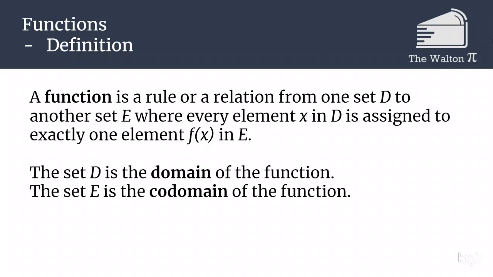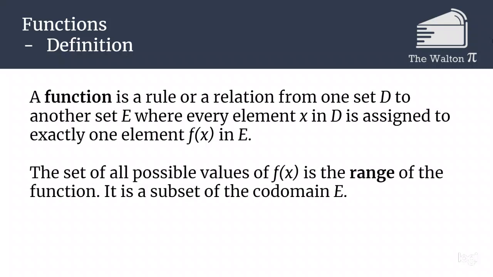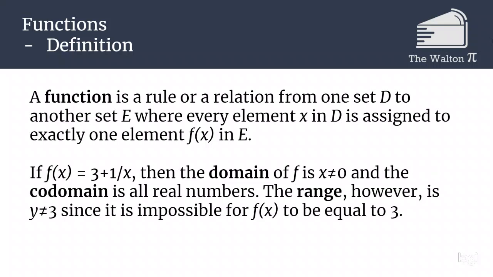So the set D is going to be called the domain, and E is the codomain. Now, you might be thinking the codomain is the set of outputs. That's actually the range. The range is a subset of the codomain, but is the set of all possible values that we can get. So for example, we might have the function f of x equals 3 plus 1 over